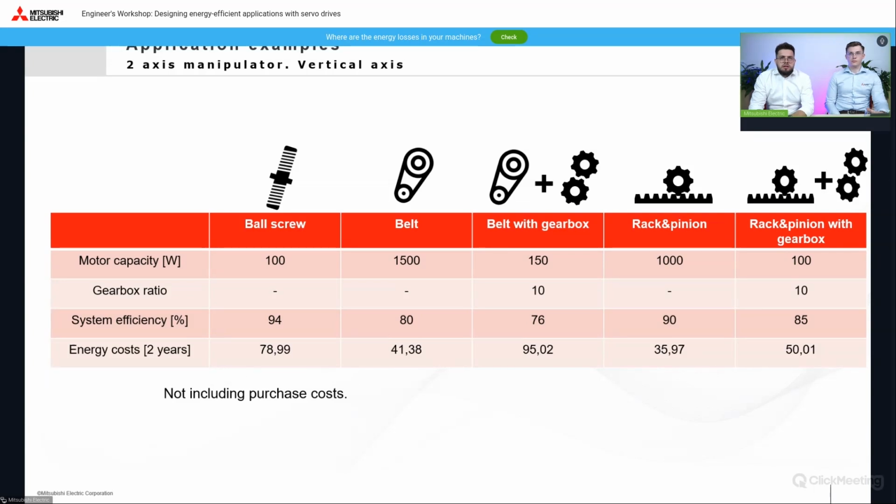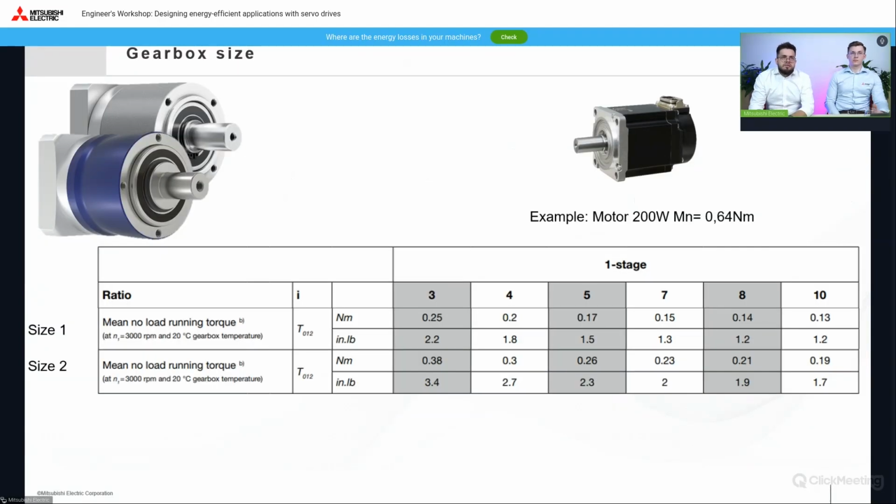Of course, this does not take into account purchase cost, and it may well be that a tiny geared motor will be a great purchase because it will not consume enough energy to cover the price difference in relation to a larger drive. Here it is also worth stepping back to the calculations for a moment and paying attention to the size of the gearbox. In our calculations, the gearbox size was selected as small as possible. It is very often